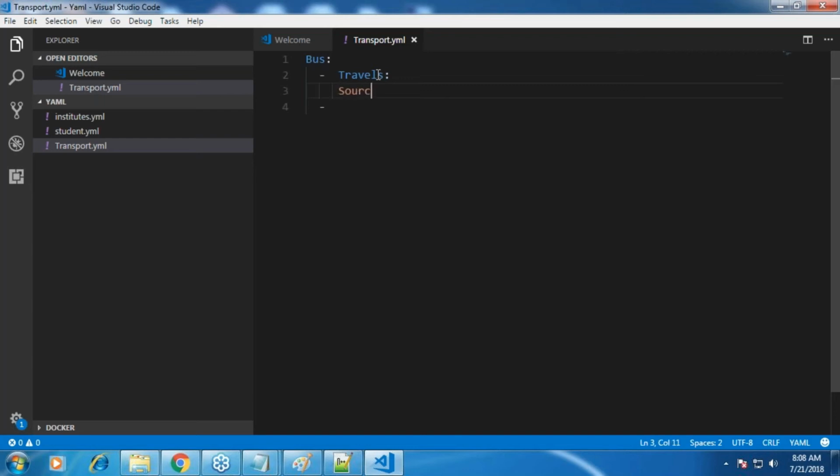And then source, destination, pickup. And will there be only one pickup in Hyderabad or multiple pickups in Hyderabad? So again, list item, right?